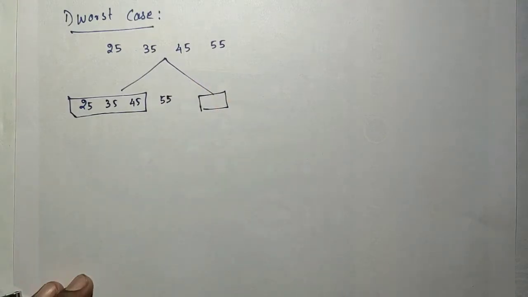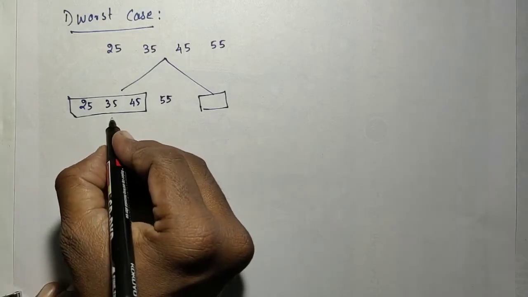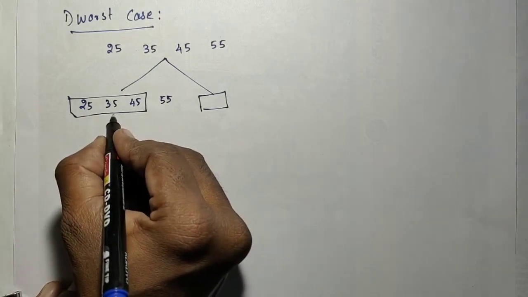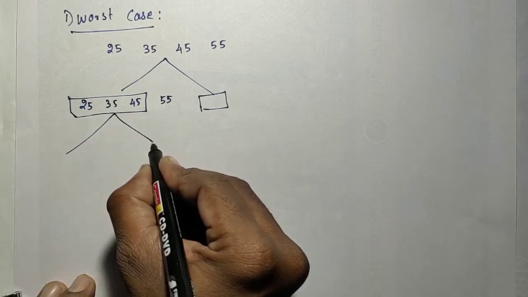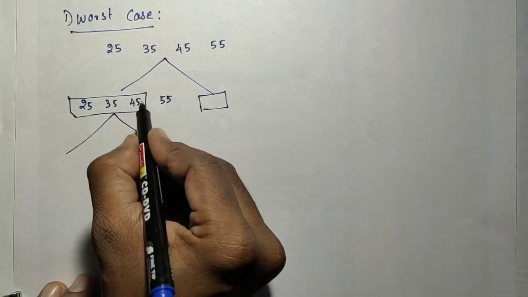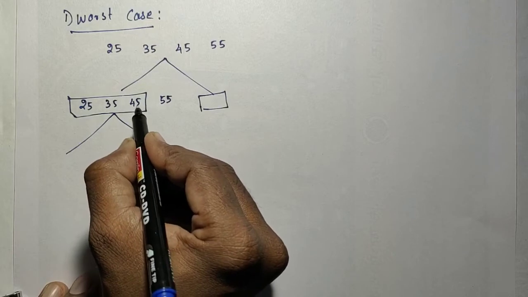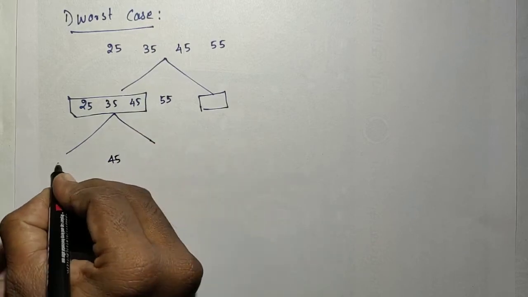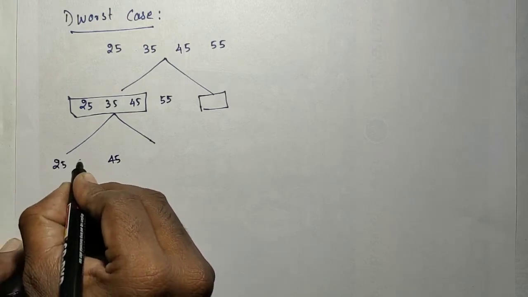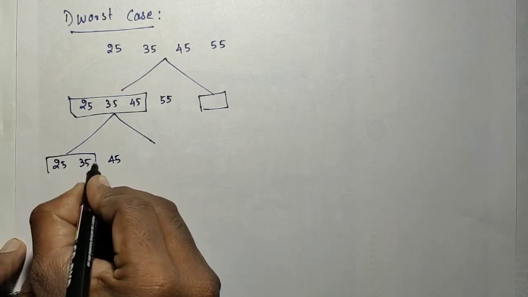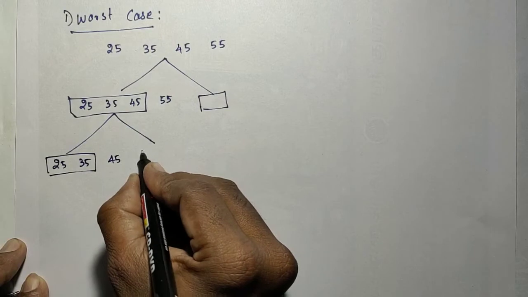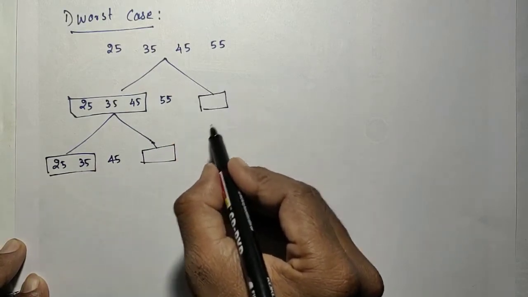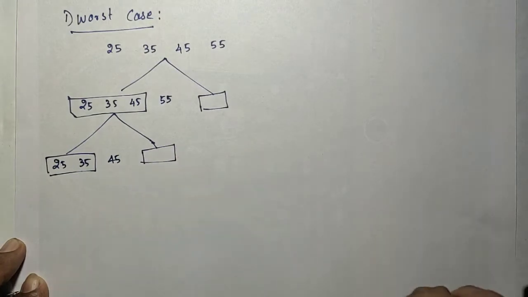In the second iterative call, here again the quicksort will be applied for this half and this half. When you are going to divide this using the partition algorithm, here again based on the value of the last element it is going to be splitted. Here 45 in that middle and then the first two of 25 and then 35. And no elements greater than the 45, second half will be empty. So this recursive call will not happen.